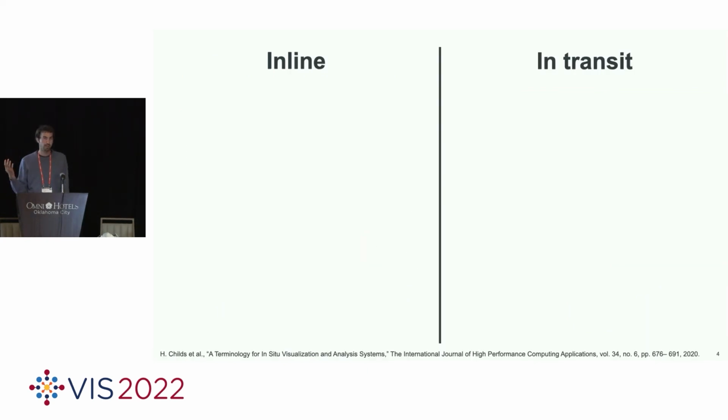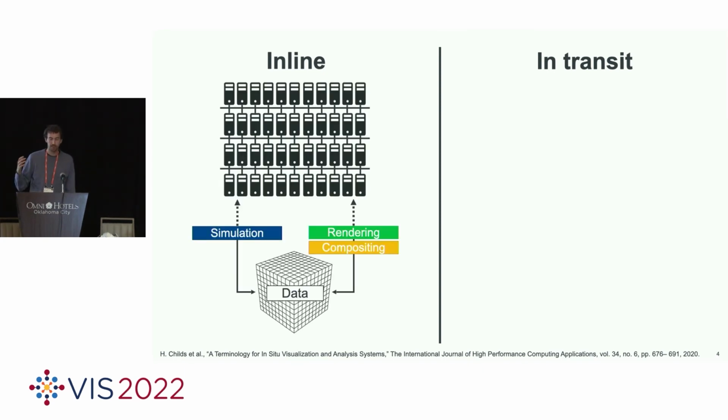There are many possible instances of in-situ processing, varying over division of resources, access to data, as well as other factors. Two instances in particular are widely considered in practice. In inline in-situ, the simulation code and visualization routines run on the same compute nodes, which means that they access the same memory and alternate in their usage of a node's cores.